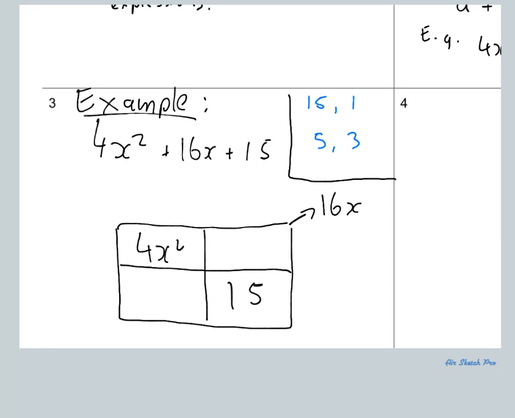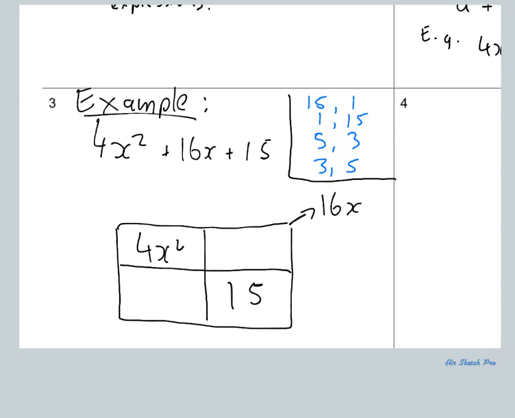But when it comes to non-monic quadratics, the order is important as well, and you'll see why in a second. I also need to consider 1 and 15, and I also need to consider 3 and 5. So the same pair, but reversed, and we'll see why in a sec. And the other thing we need to consider, which I'm going to just write down, then erase, and I'll tell you why as well,